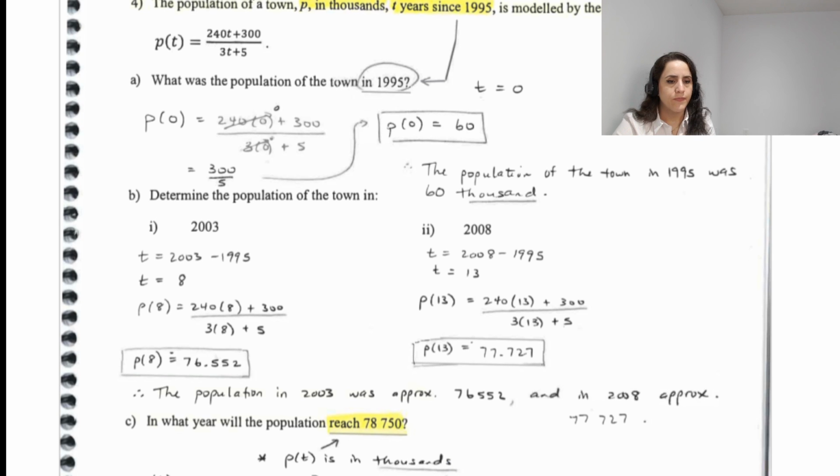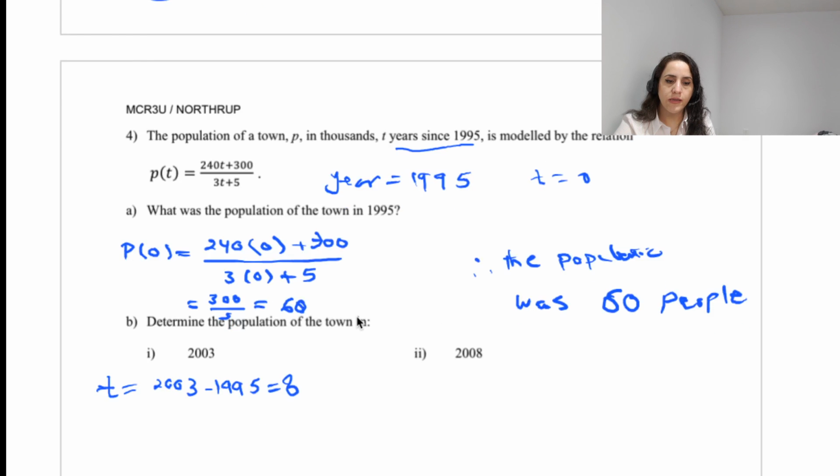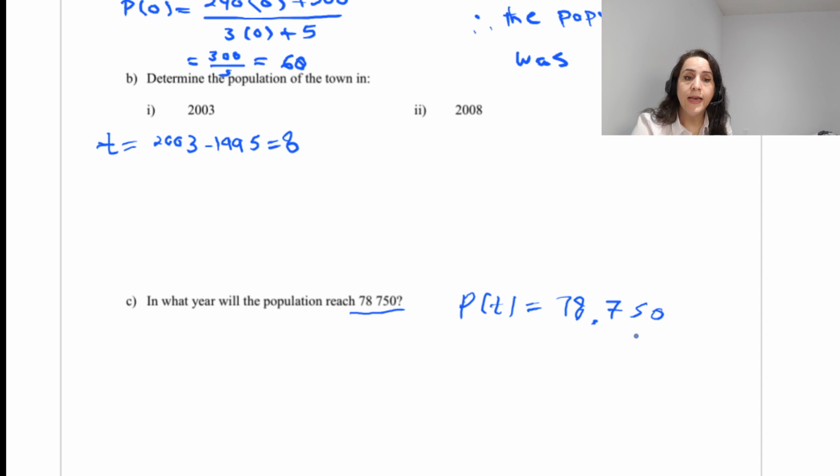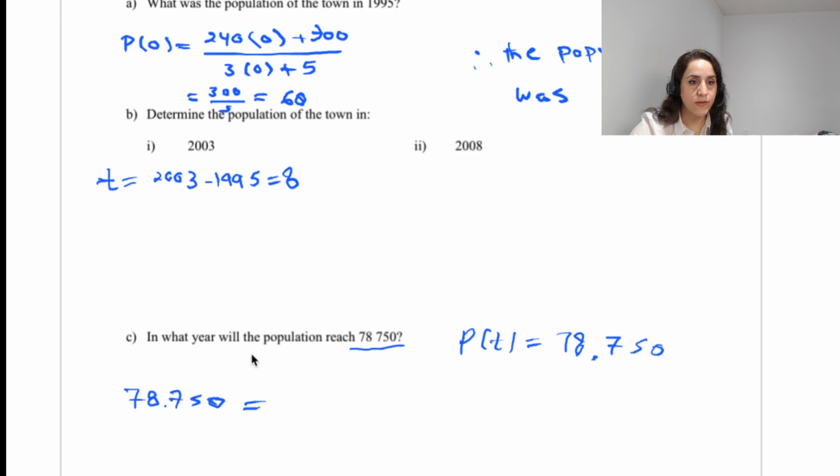Part C is a nice part. In what year will the population reach 78,750? What do you think about this question? Now here it is just talking about the population. It is your outcome. Then technically P of t is 78,750. But because it's in thousands, I'm going to put 78.750. In that case, you have a population and you are looking for the t. Here you have 78.750, and that is equal to, let's see what was the equation,